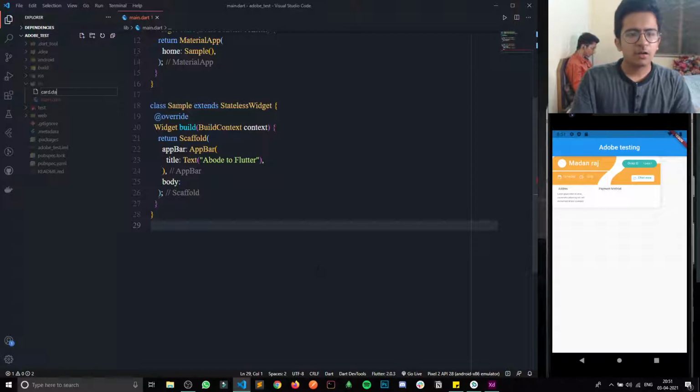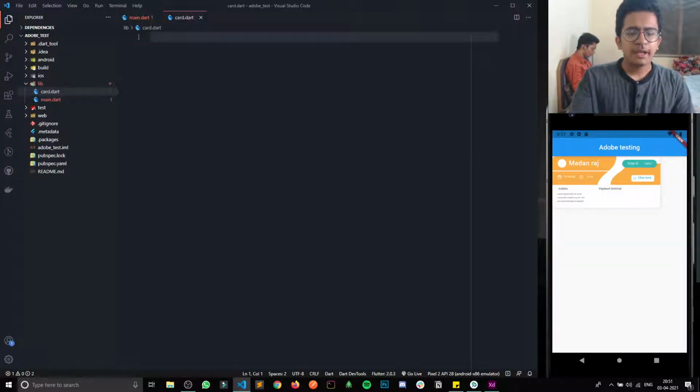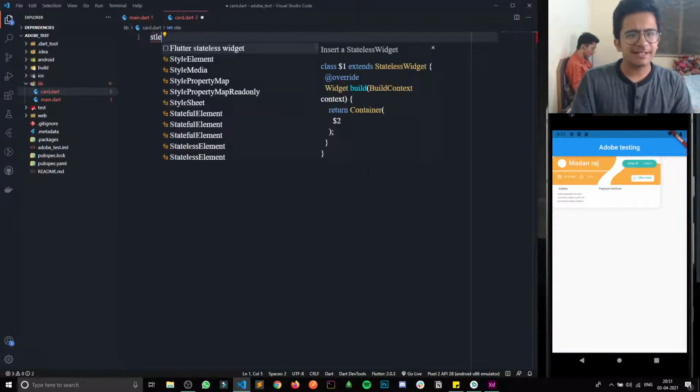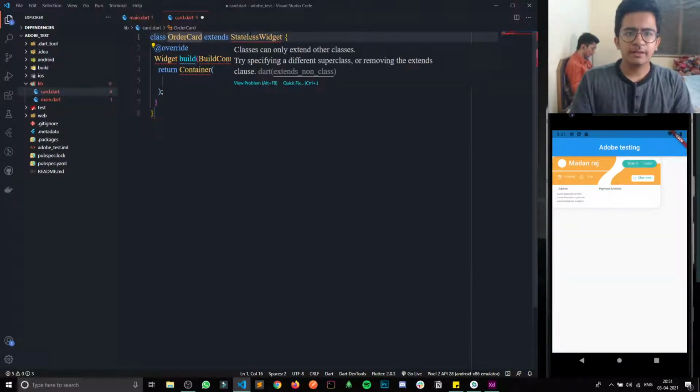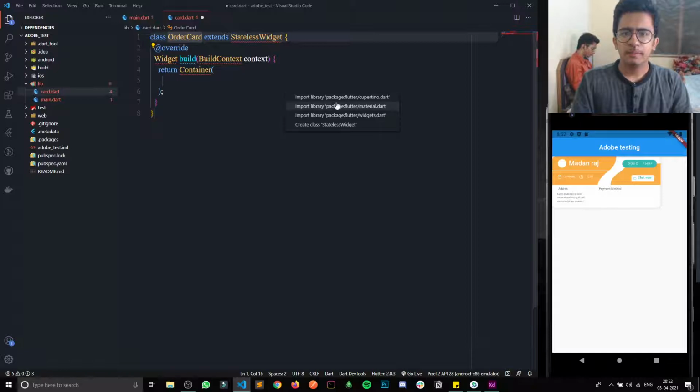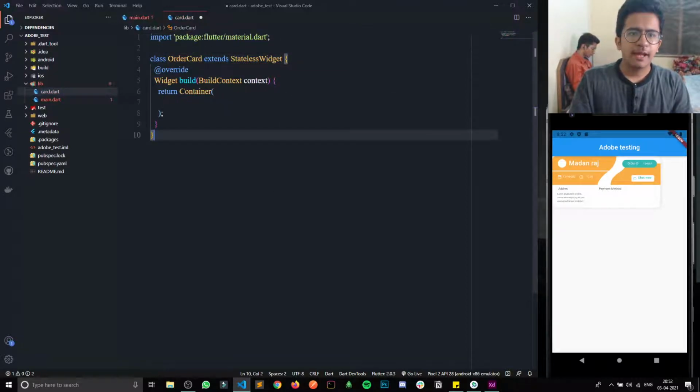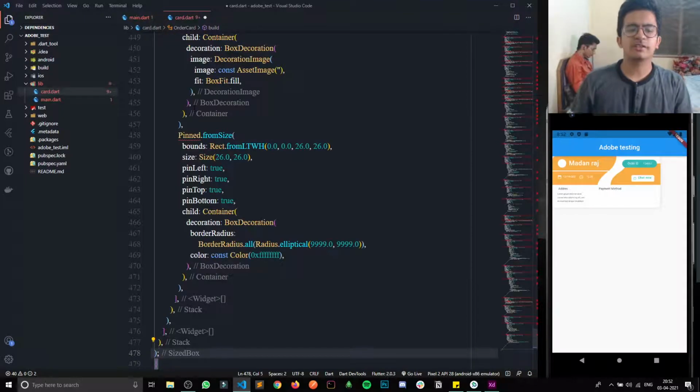Let's create a stateless widget, and call it OrderCard. Now I can import material, and inside the return I can just copy paste that whole code which I got here.